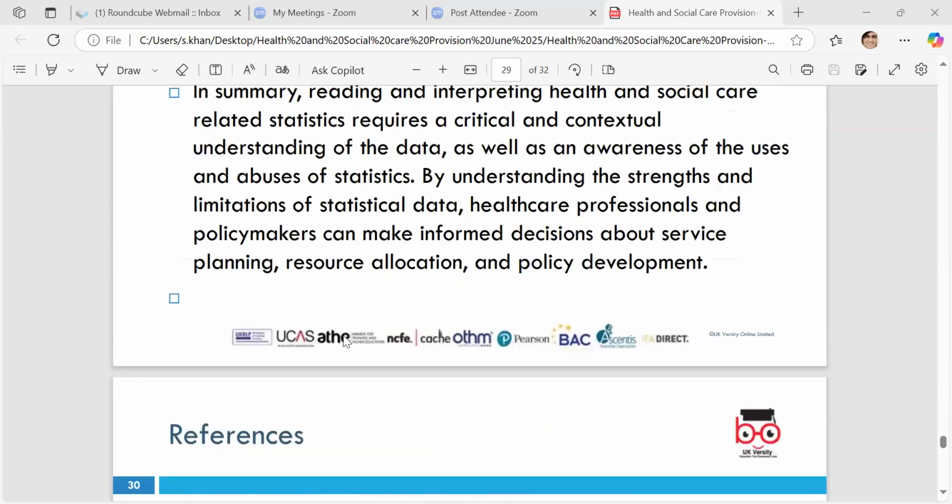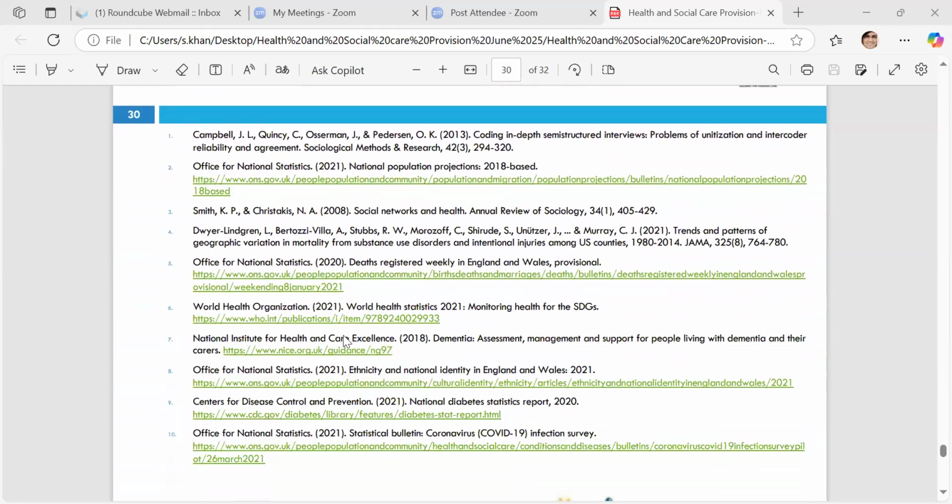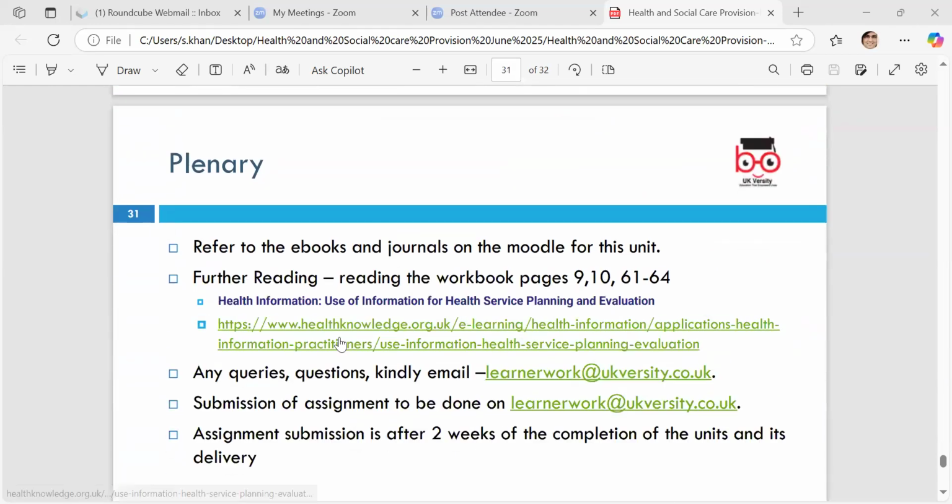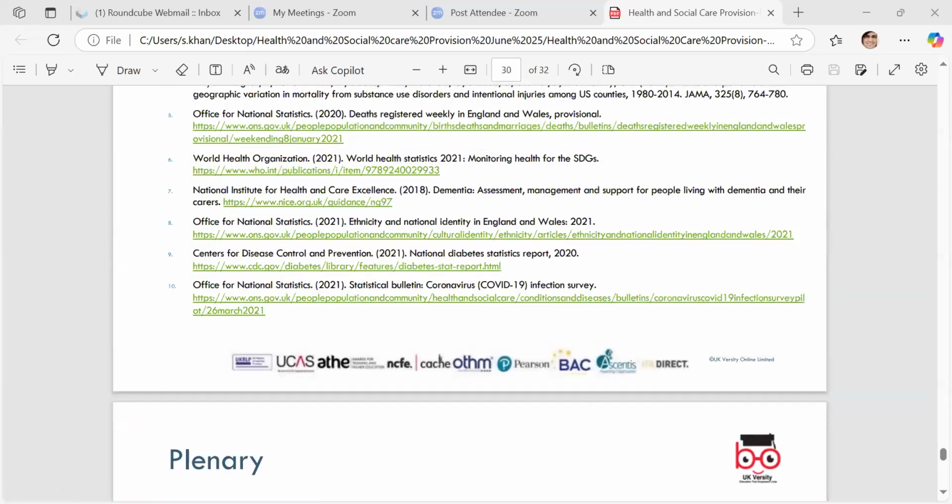So we've finished learning outcome 1 now. These are the references we've used for today. There's ebooks and journals available on Moodle. I'll give you just a quick overview of what we've been through today in learning outcome 1. So a summary of today's session is we looked at understanding how measurements of health and social care provision